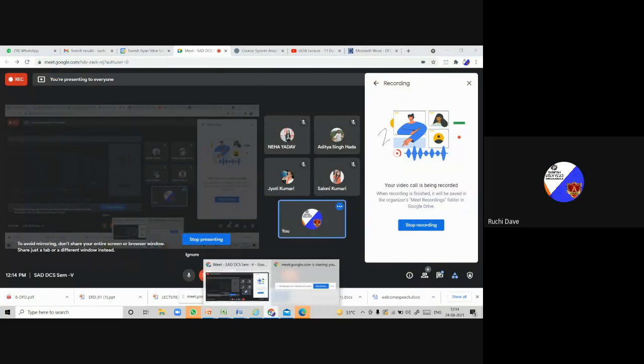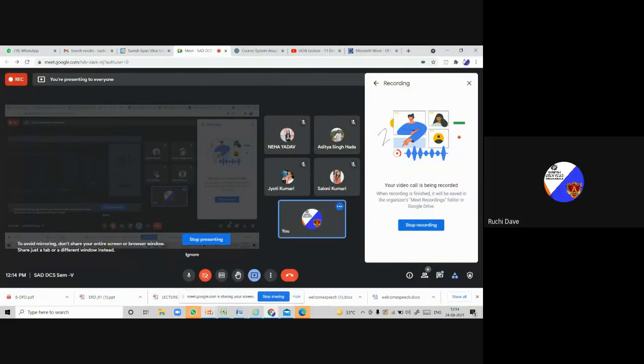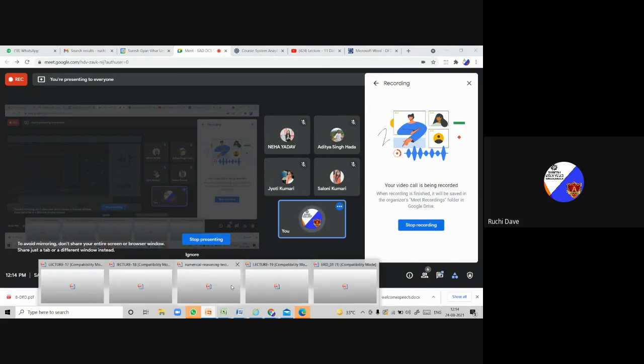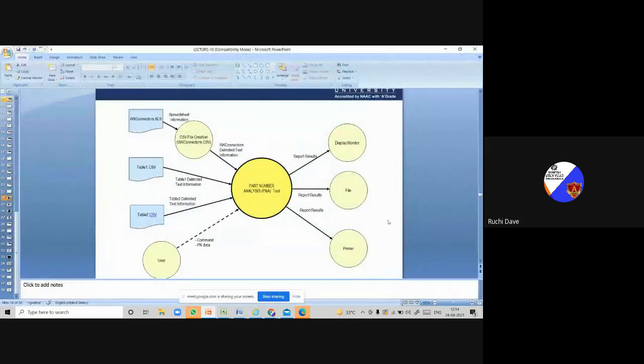Hello. So I think you have done. Neha, please can you tell me what is happening in this particular DFD? Can you tell me what you understand by the DFD which is shown here? Yes, please. Ranjan, Neha, anyone who can tell me what is happening in this particular diagram?